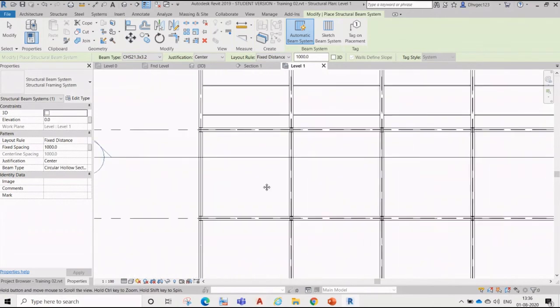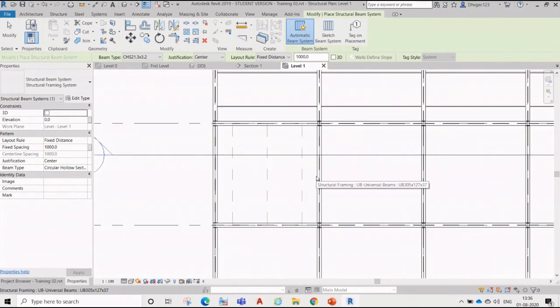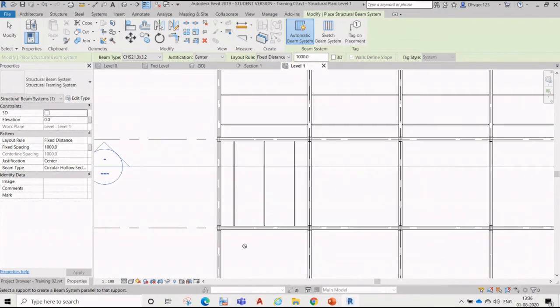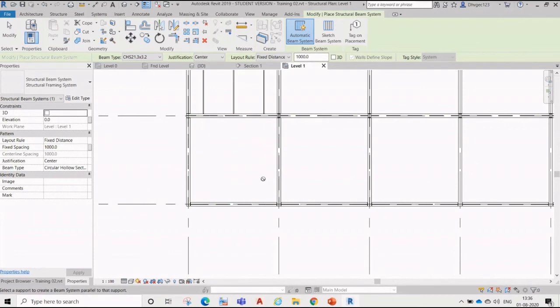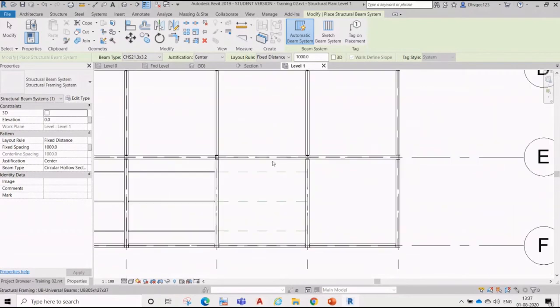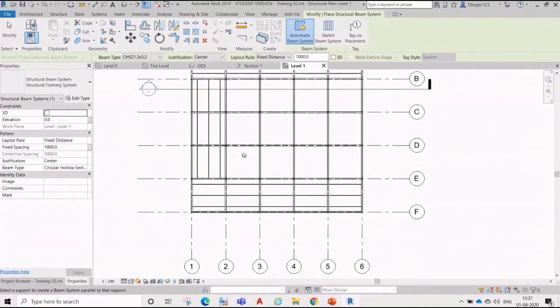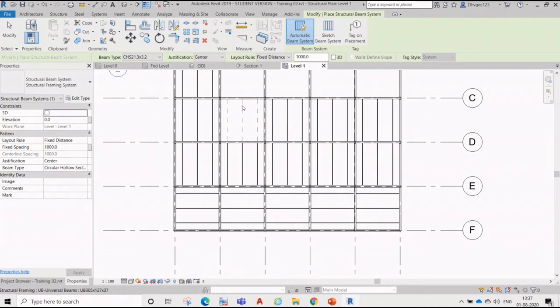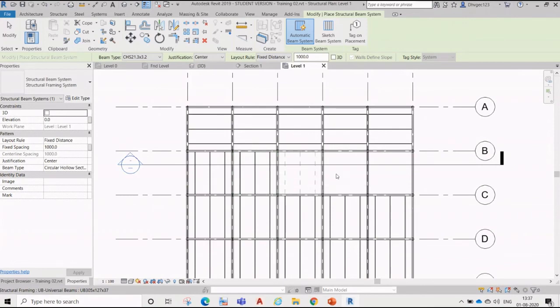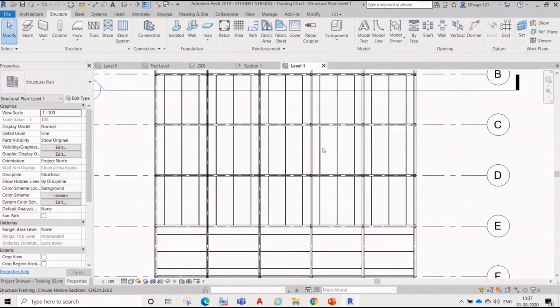Okay, here also we want this one because this is my main beam, so that it can rest on my main beams. Here this is my main beam, so I will put it over here and just go with this one. Okay, so this is how we have put our